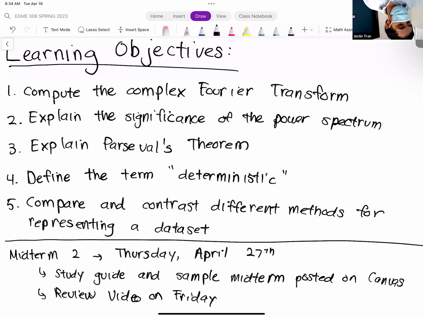Okay, so I think that's all my announcements. For the second midterm, the things that you can bring are still the same as the first midterm. You can bring a calculator, a writing utensil, and a cheat sheet, a double-sided 8.5 by 11 sheet of notes. I'll send all that information in an announcement today, showing you where the study guide is, where the practice midterm is, and reiterating what you can bring to the second midterm.